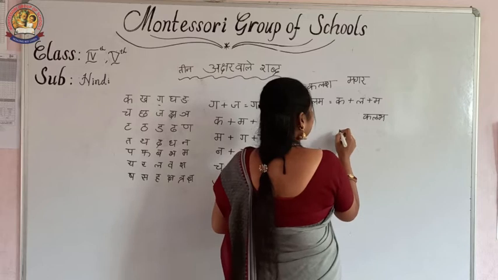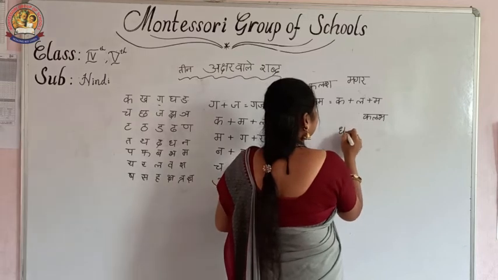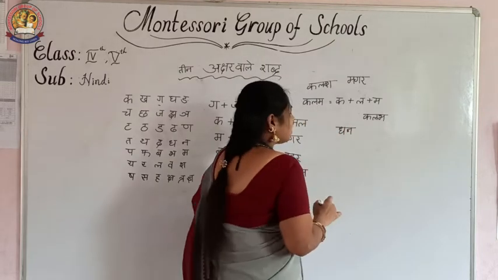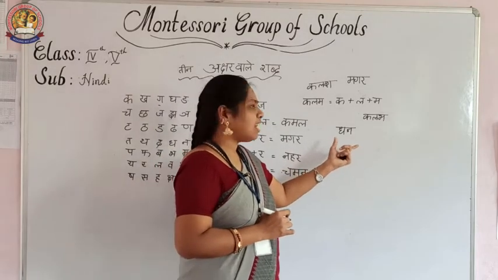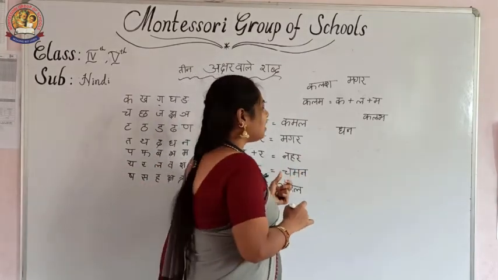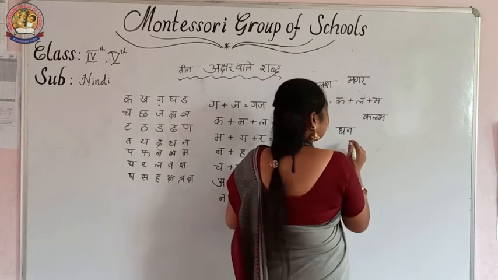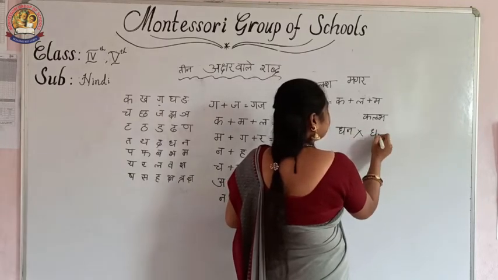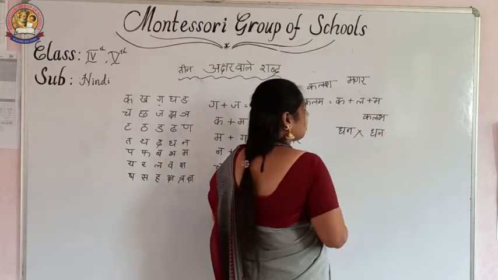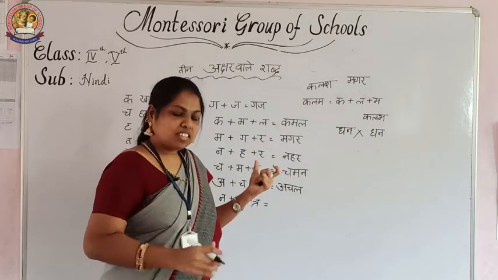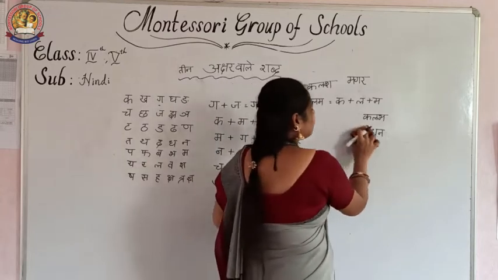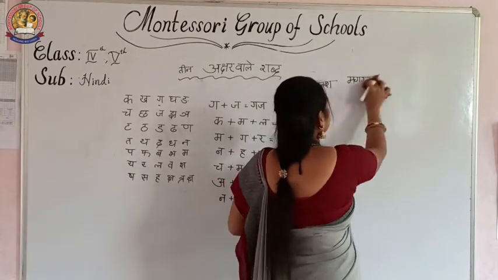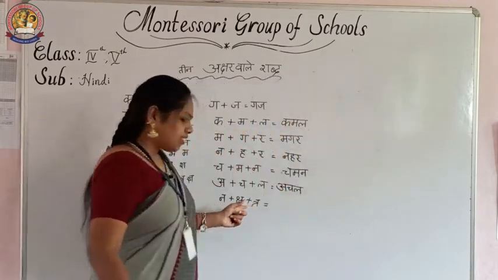How you must have to write? They will write this type. These are the mistake ones they are doing. Then, how you must have to write? If I say the word to write dhan, first write the letters, then this one. That is the correct one. That's why we are not giving the header first. See? That's why I have written here.